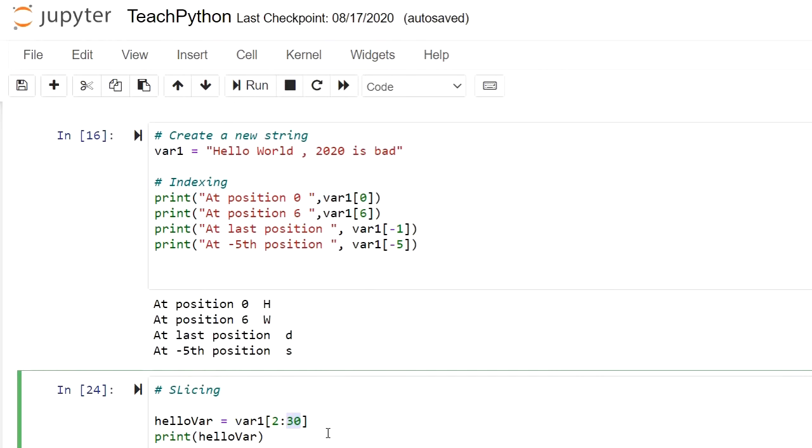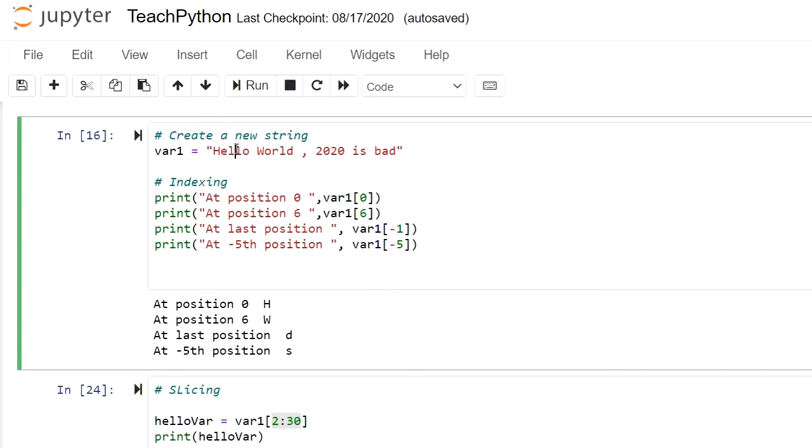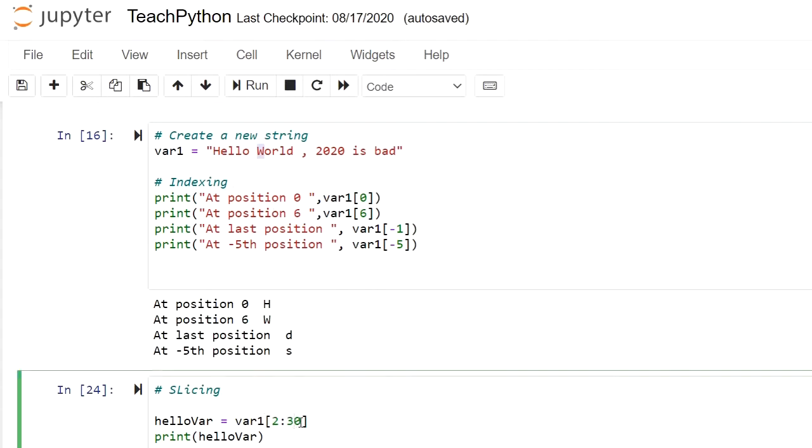Now let's move on to step size. What is step size? For example, I only want to print this E, then L, then W, like this. Step size should be 1. When I write it like this with 1, let's see what happens.